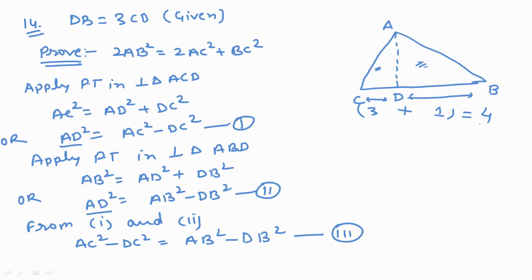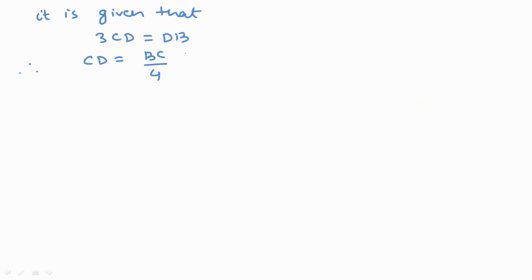and DB is equal to 3BC by 4. CD is equal to BC by 4, and DB is equal to 3BC by 4. Putting these values in equation third,